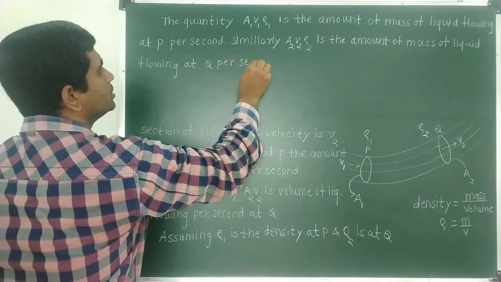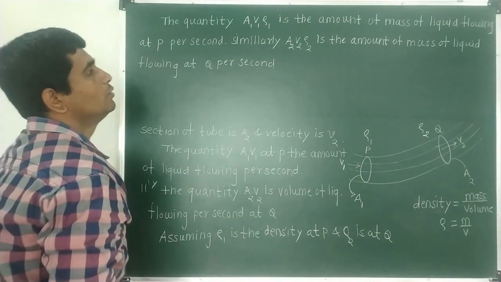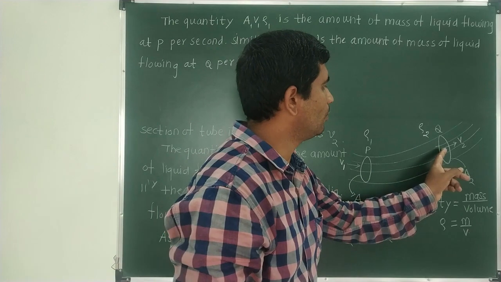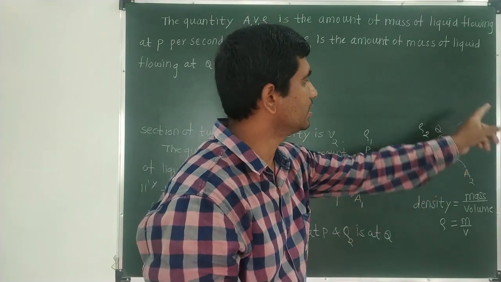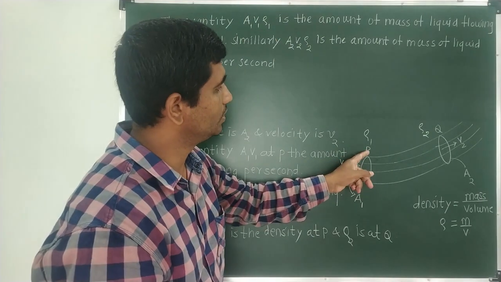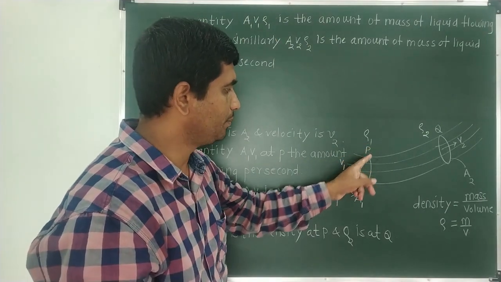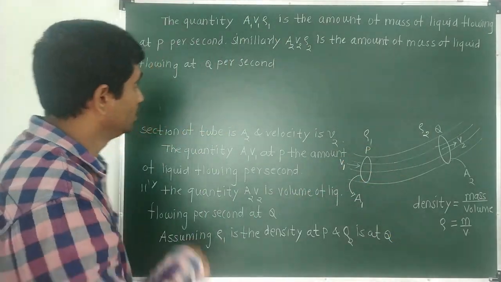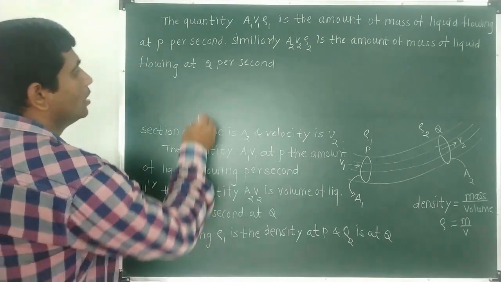Okay, so A2 V2 rho 2 is the amount of the mass flowing per second at point Q, and A1 V1 rho 1 is the mass of the substance flowing at point P per second. Okay, so now we know,